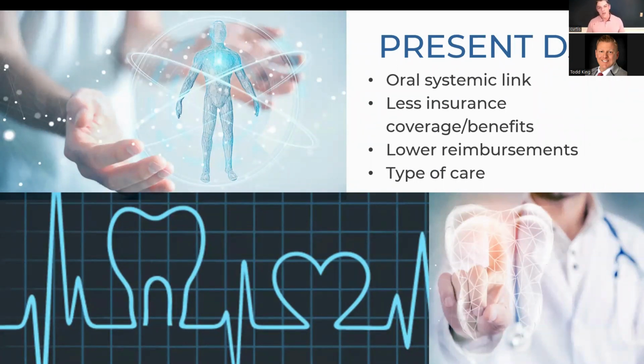We also know that there's a huge link between oral health and other areas of your body. We know that there's a massive connection between systemic diseases and oral health, particularly cardiovascular disease and diabetes. And unfortunately, the insurance benefits have not kept up with the health risks and things going on in our community, right? We know that there's been less coverage and fewer benefits for patients, and lower reimbursements for practices. And unfortunately, what I've seen out there is that some practices even let the terms dictated by insurance dictate their standard of care. It's kind of like a hamster wheel. They get on it and they just keep coming back year after year, two times,